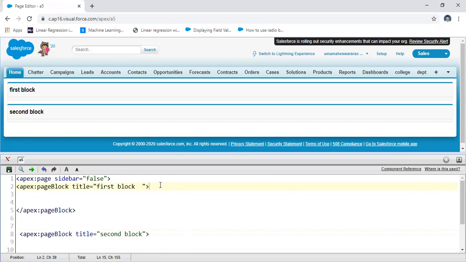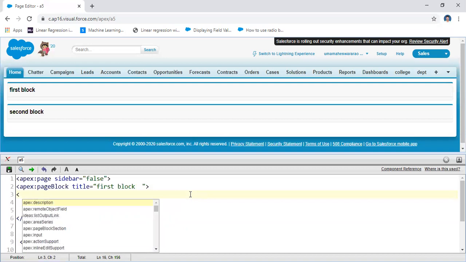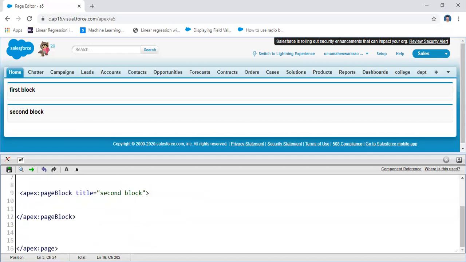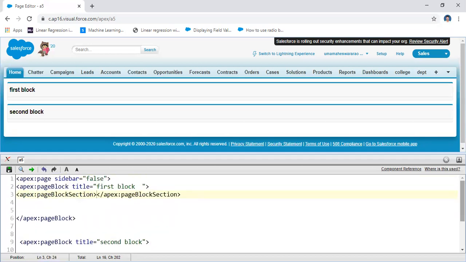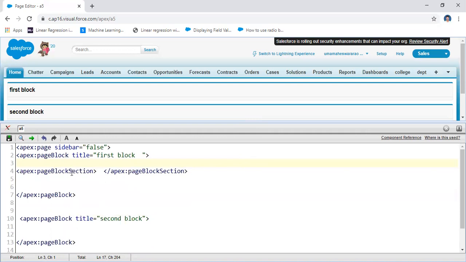Under this page block you may write the apex page block section. Under this block you may create n number of page blocks. Here I'm going to create three different sub blocks.